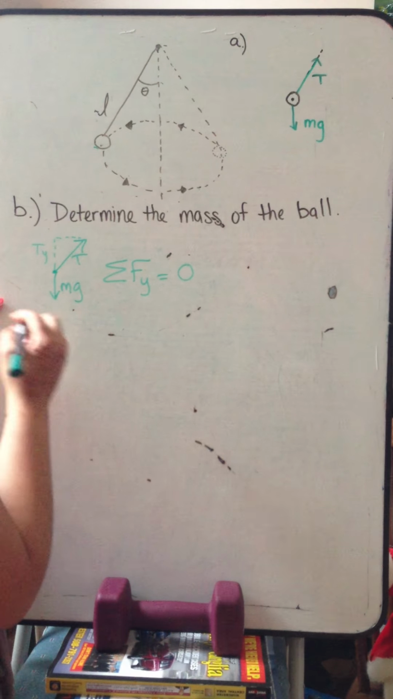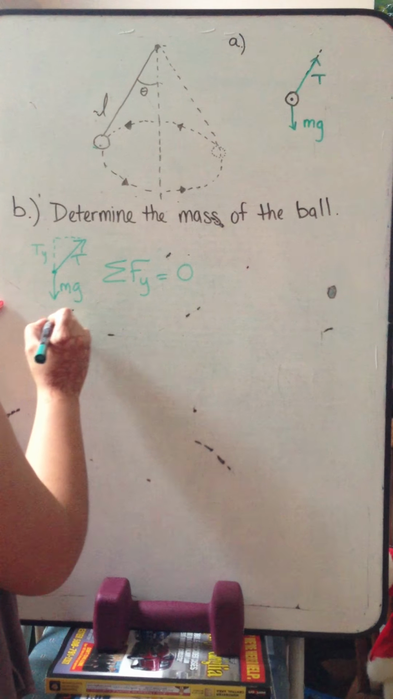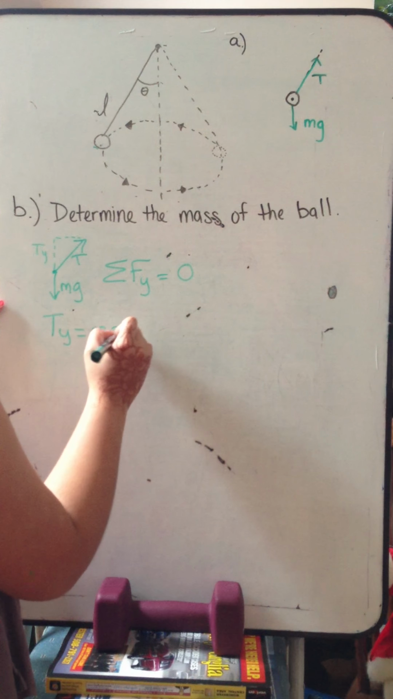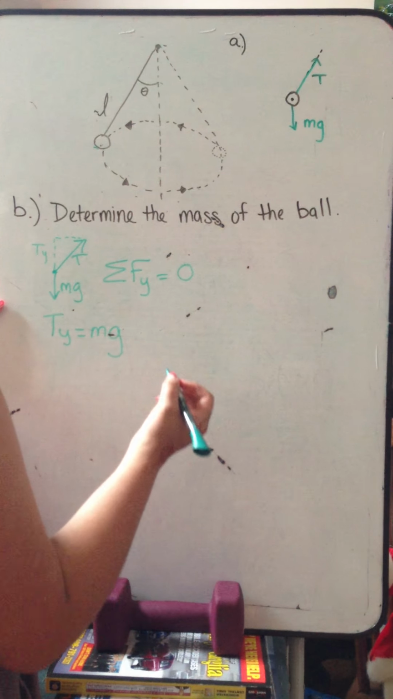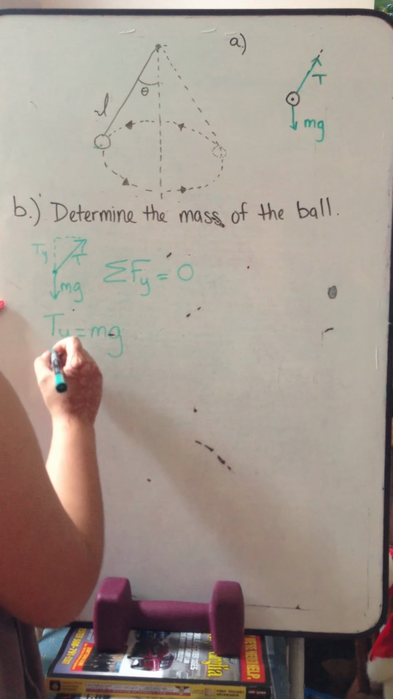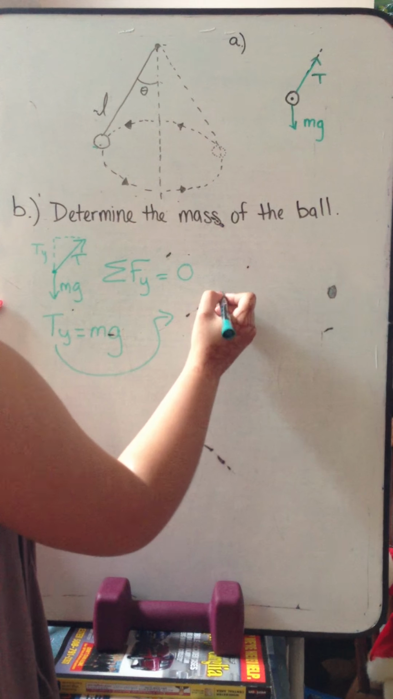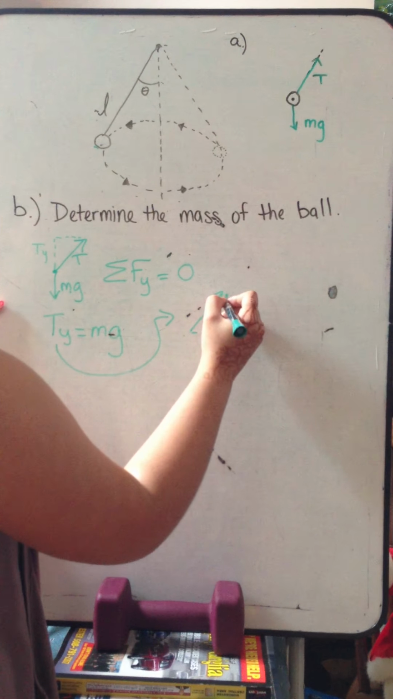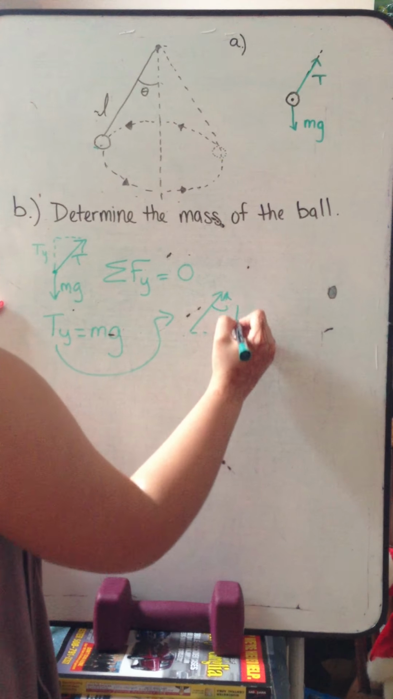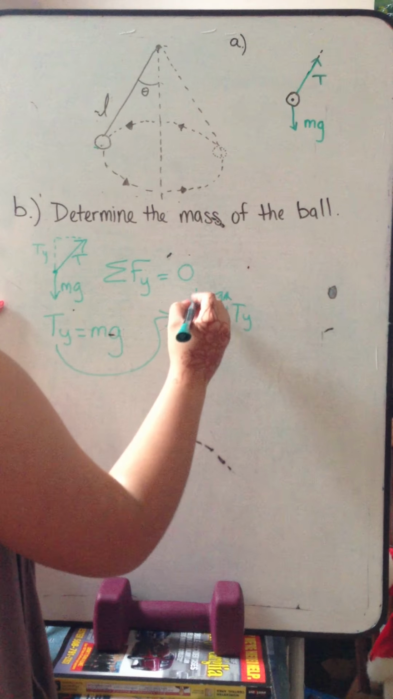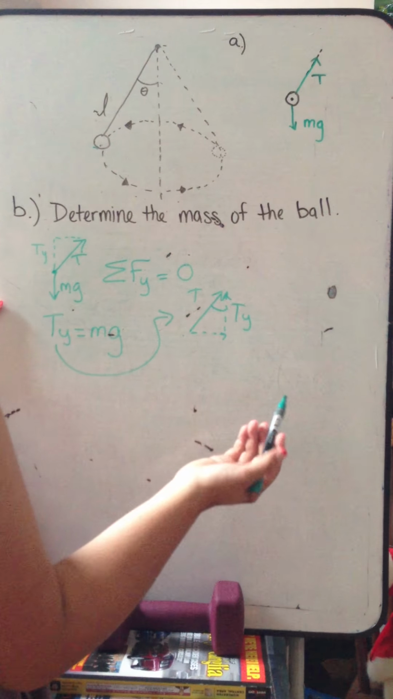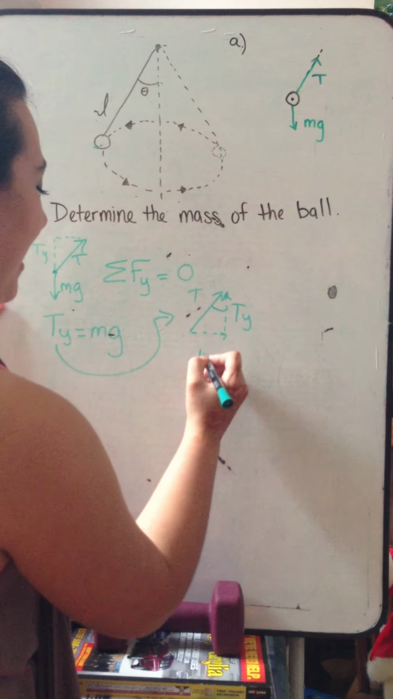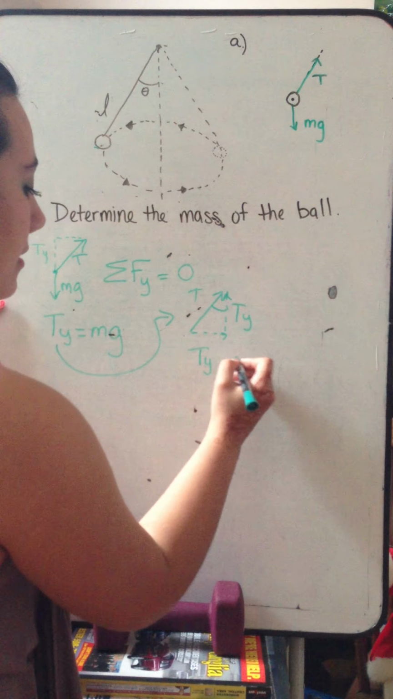And that tells us that Ty is equal to mg. So from there, you have to figure out what Ty is. And you would do that by breaking up tension into its vector components. And you know theta, and you want to find Ty on this side. And you know T. So using the Pythagorean theorem and all that triangle stuff, you find that Ty can be